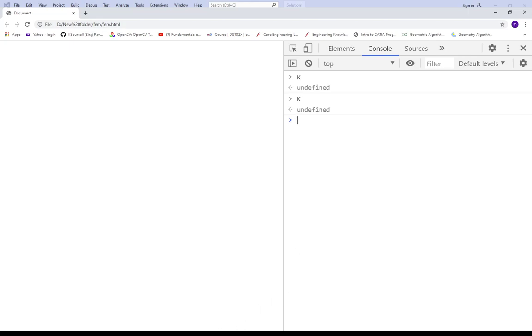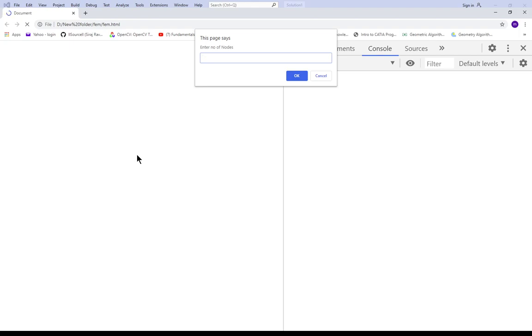Okay, so I did not call initiate, so I need to call that function also. So initStiffness, and I need to pass n. Once I have created a function, to use it I need to call it. So therefore now I am calling that function. I just hit save and reload it.